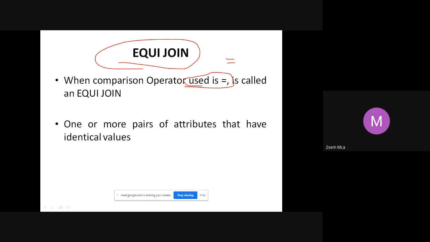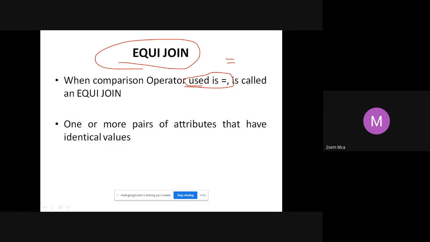For example, student S dot USN is equal to B dot USN. That's nothing but equijoin. You are representing a condition, and the operator used is equal to. You may not know the name, but we are already using equijoin. In the first lab exercise, all the queries we used were equijoin. Wherever you are trying to connect tables, joins will come. Most of the queries are equijoin only.